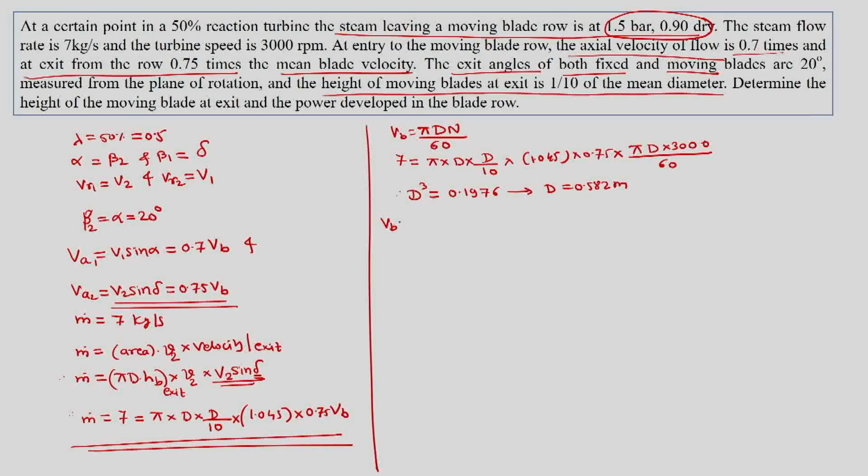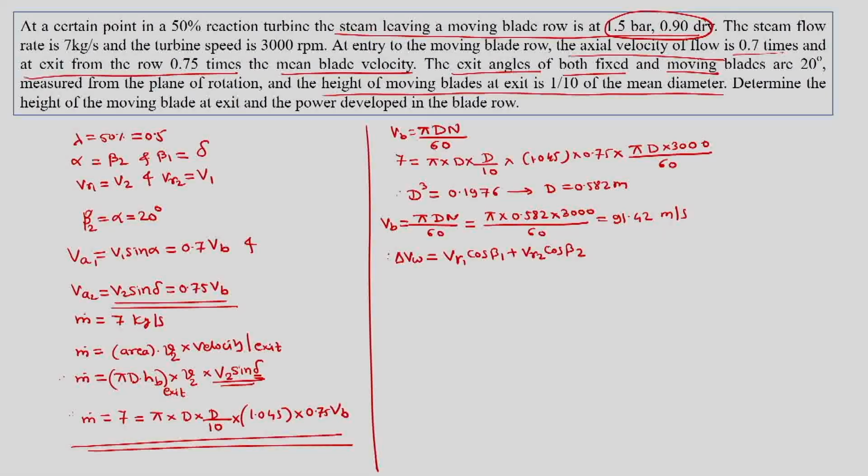Knowing this mean diameter, we can find out Vb, which is pi dn by 60, so which is pi into 582 into 3000 divided by 60, and this is 91.42 meters per second. So we have delta Vw is equal to V1 cos beta 1 plus V_R2 cos